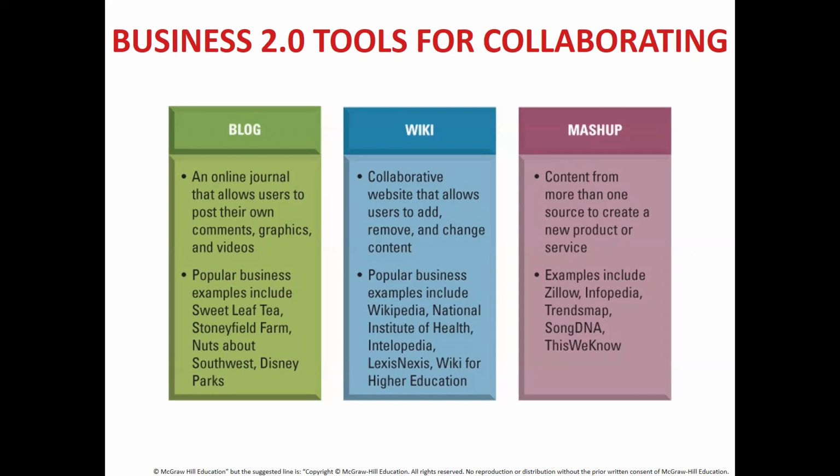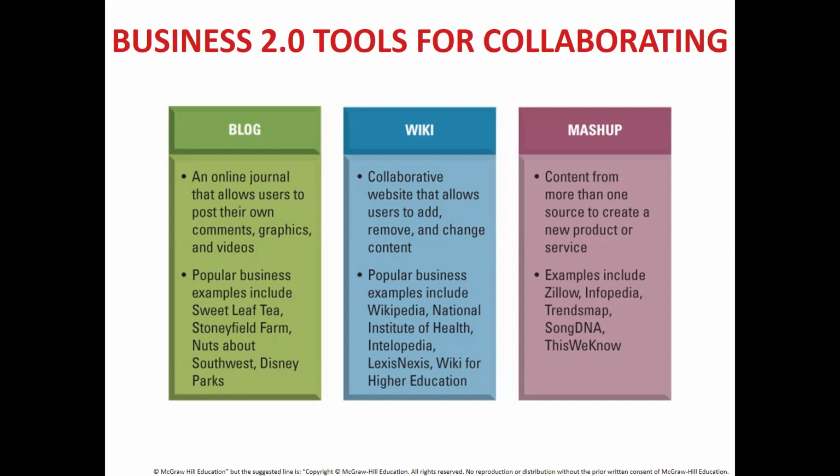And you launch it on the web. Now, a blog is an individual thing; wikis are more of a collaborative thing. That means many people can come in, and they can add, remove, and change content. A very good example of wikis is Wikipedia. Moreover, there are so many other websites where you can go and edit things. We have Webopedia as well. We have Wikipedia. A lot of people can come into the website, create a profile, and then edit the content.